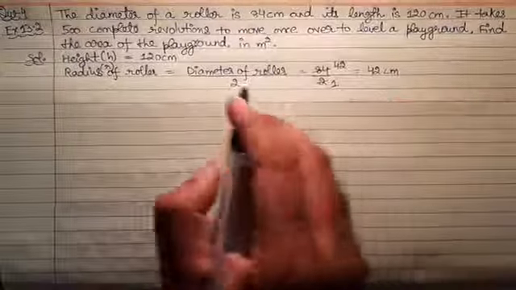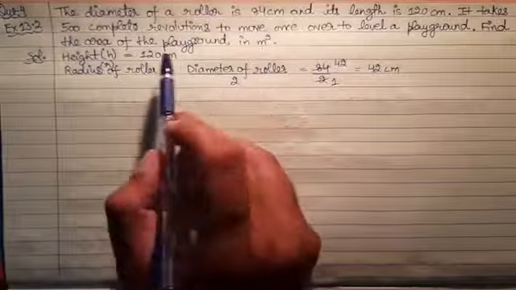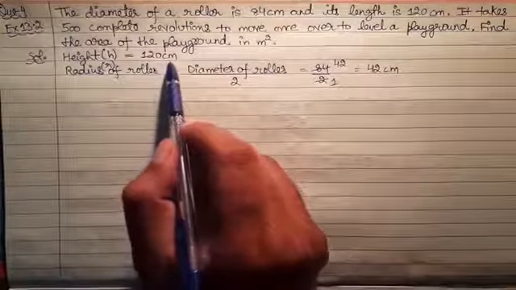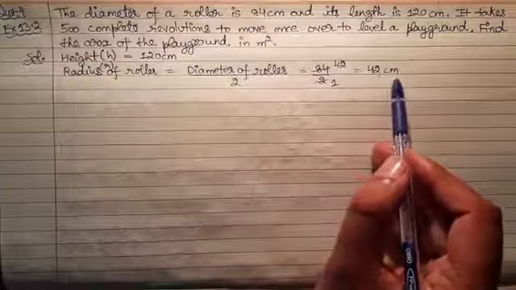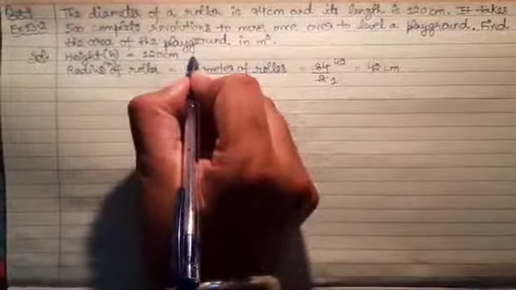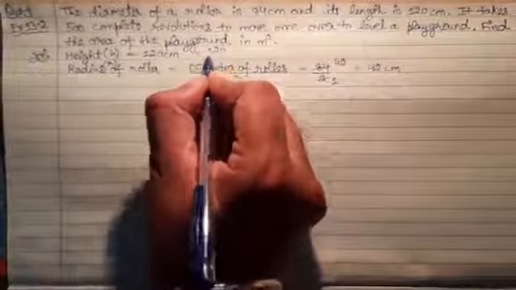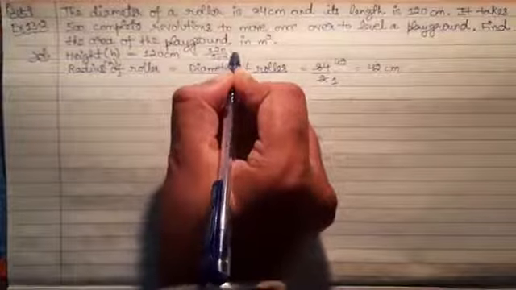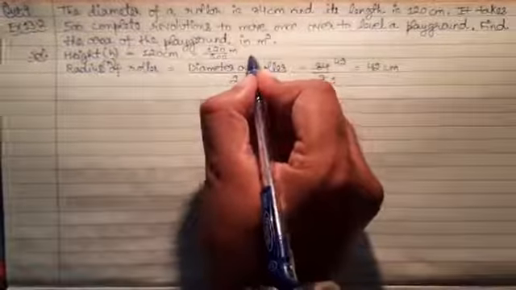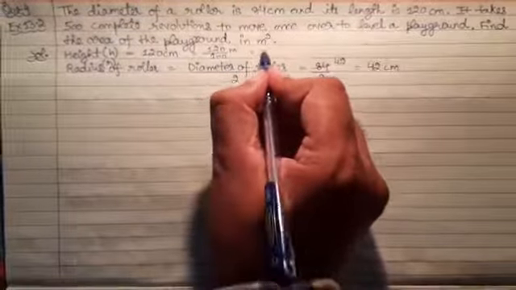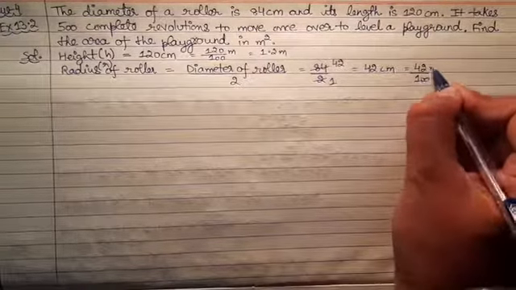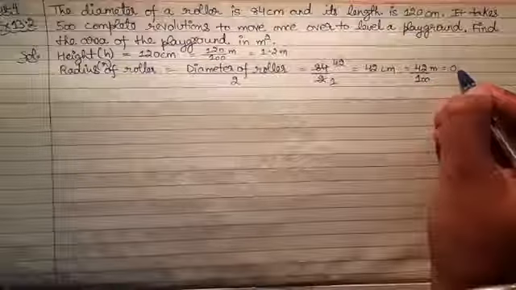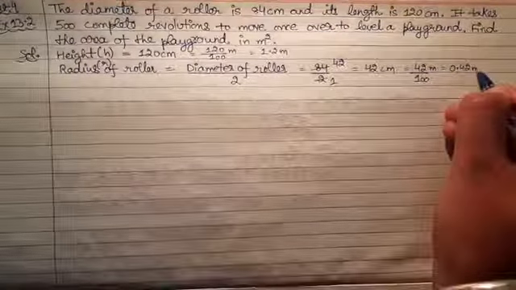centimeter. Since we have to find the area in meter squares, we have to convert 120 centimeters into meter and also 42 centimeter into meter. When we divide 120 with 100, it will convert it to meter. 120 divided by 100 is 1.2 meter. Similarly, 42 divided by 100 is 0.42 meter.